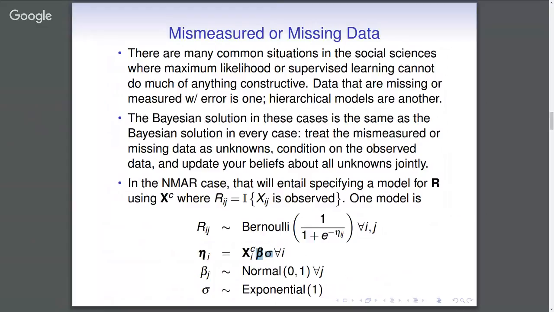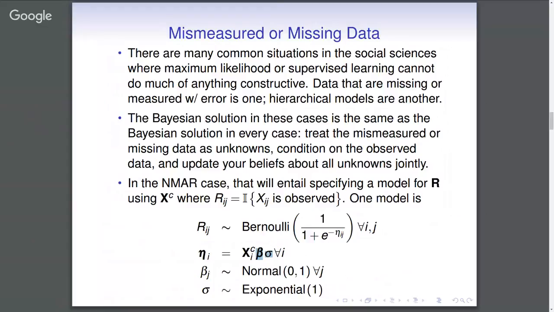But there's a weird phenomenon. It definitely happens in the social sciences, but I think it happens elsewhere, where the less people know, the stronger assumptions they make. So you're like, is this data generating process missing at random or missing not at random? I don't know. I have no idea. So I'll just make the strongest possible assumption that it's missing at random,